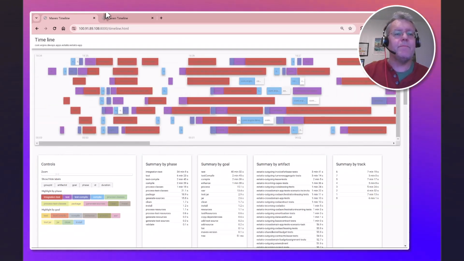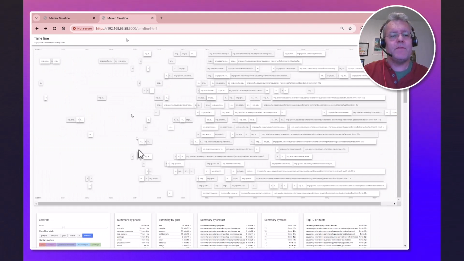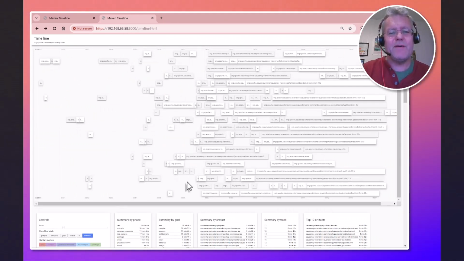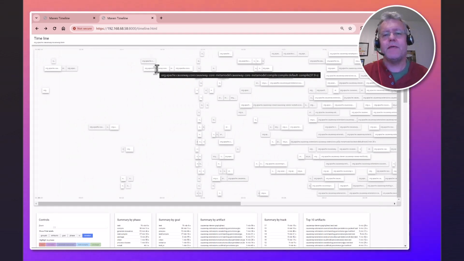Another example. So Estatio actually runs on a framework called Apache Causeway, and so I actually work on the Apache Causeway project as well, and so I've actually not really got around to optimizing the Causeway build. As you can see here, here's what we get when I run it, and so I'll just point out a couple of things here. For example, you can see that here is a module called the metamodel module,